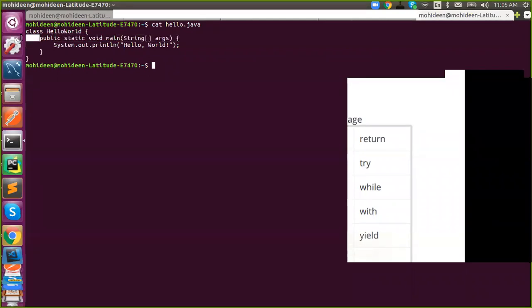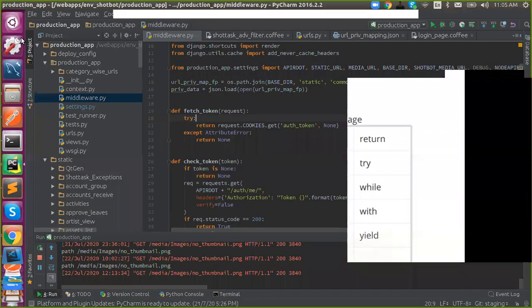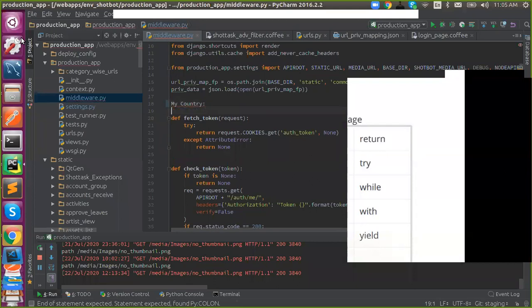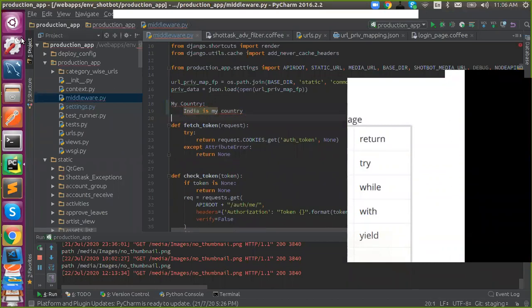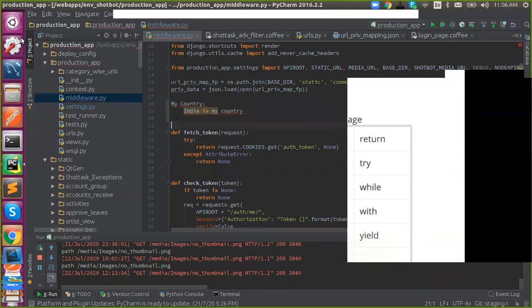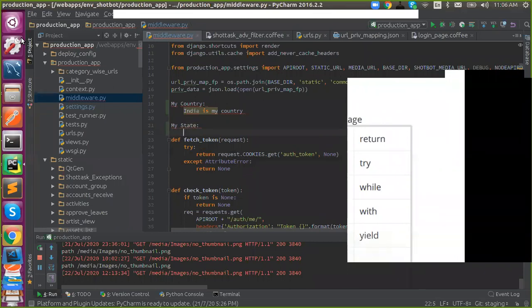You need to keep a space. Just assume you are writing answers to a question in an examination. You will start with a topic, say for example, my country. You will probably say colon, right? In the next line, you won't start immediately in the same line. You will give some space, right? The exact syntax. Once done, you will terminate it by closing this, and you will start with my state. That is the exact Python syntax we actually use in real time.